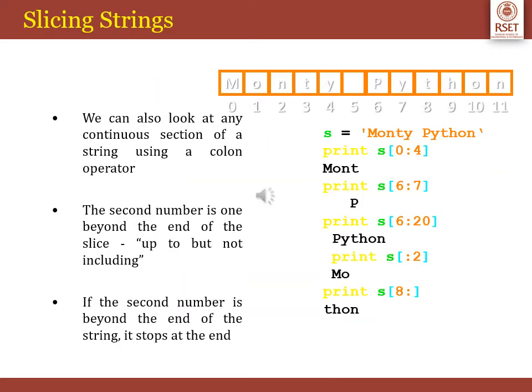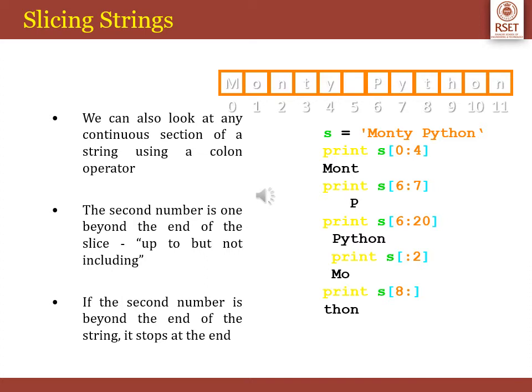Let us look at the slice operation of the string. A substring of a string is called a slice. The slice operation is used to refer to subparts of sequences and strings. You can take a subset of a string from the original string by using the square bracket, which is also called the slicing operator. The general syntax of slice operation can be thought of as the string variable, and within square bracket we can mention the start and the end, separated by a colon,